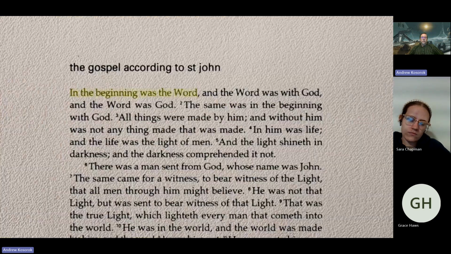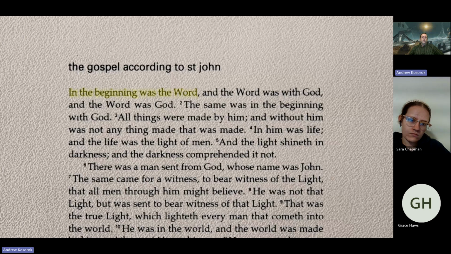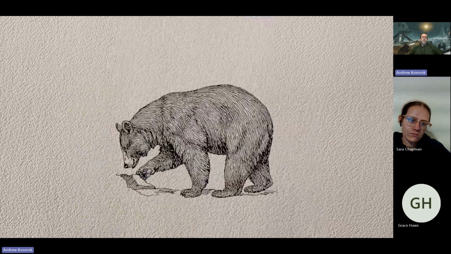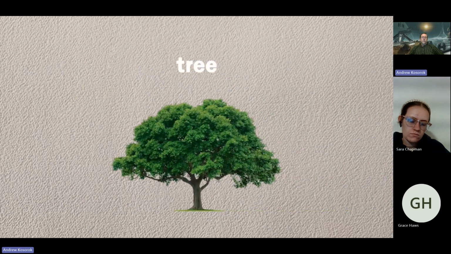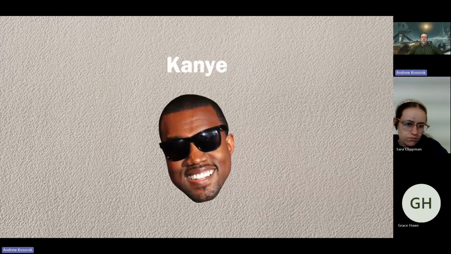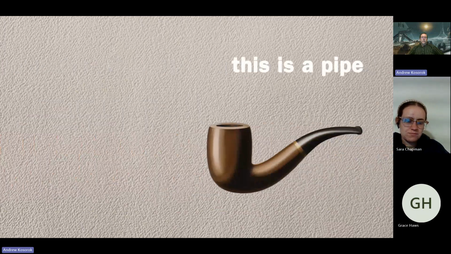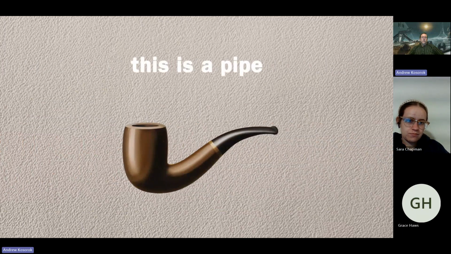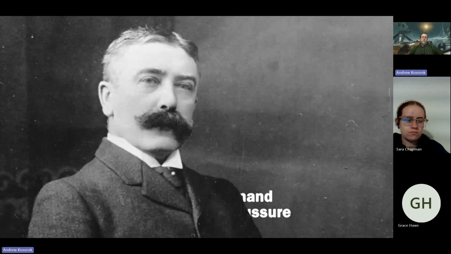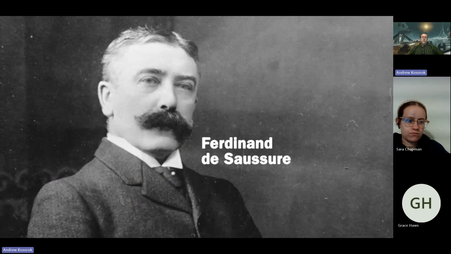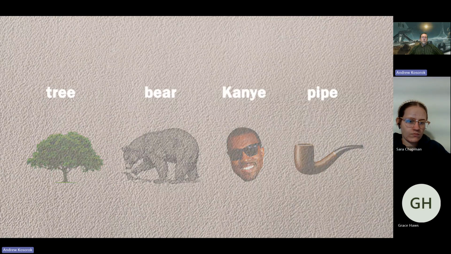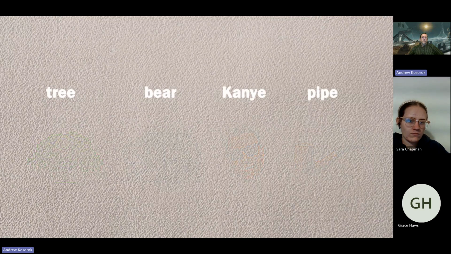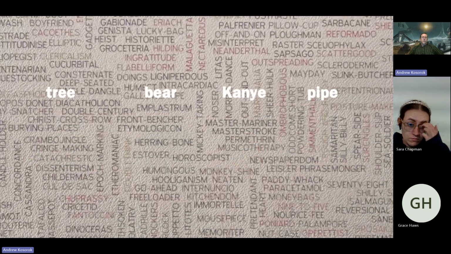For many hundreds of years, human beings have supposed that language and reality had an organic relationship, that the names of things, in a way, arose out of the things themselves, that a tree was, in fact, a tree, that Kanye West is, in fact, Kanye West, and that a pipe is really a pipe. All of that was challenged by the famous linguist Ferdinand de Saussure, an extremely influential figure who saw that a thing and its name have a totally arbitrary relationship, that we don't really know things, but only access their shadow through language, in which everything has a meaning in the context of the system.